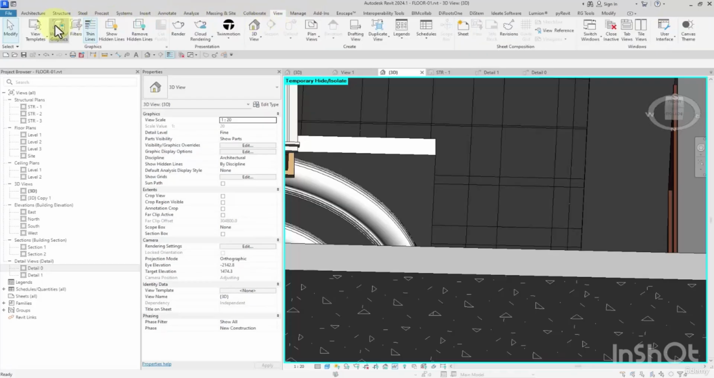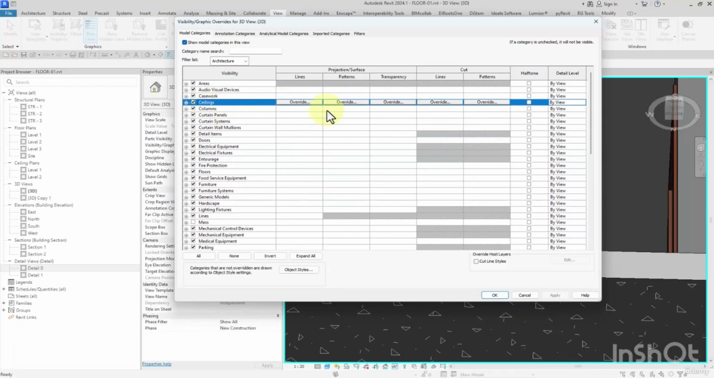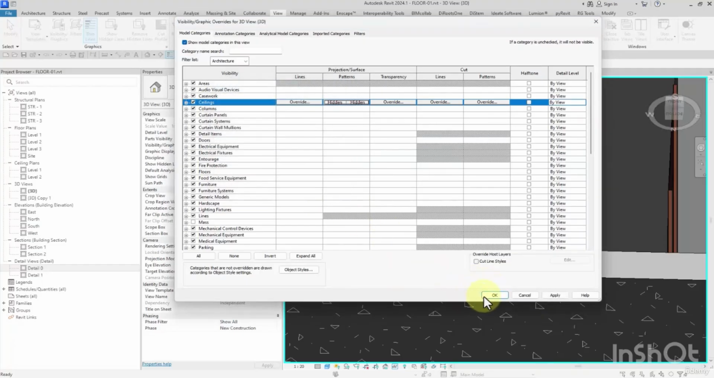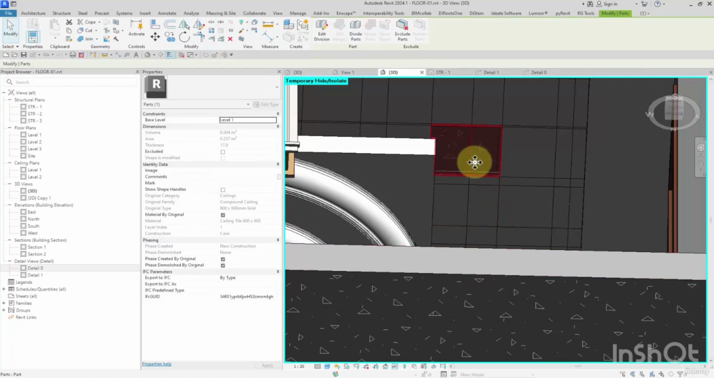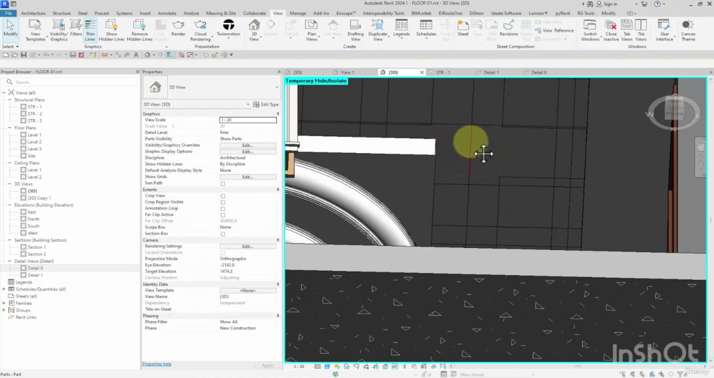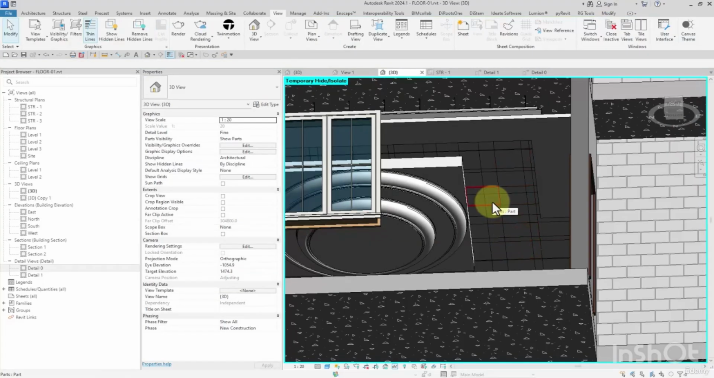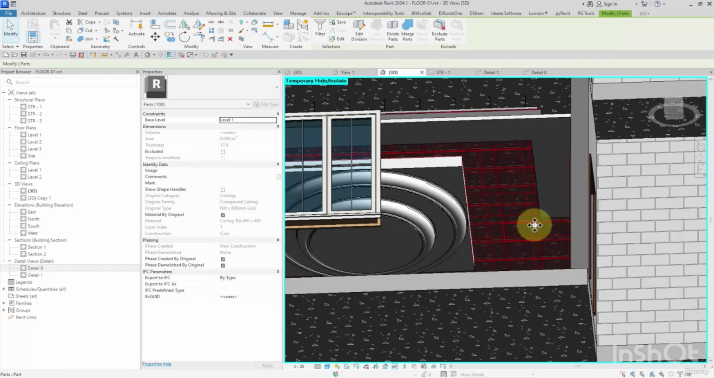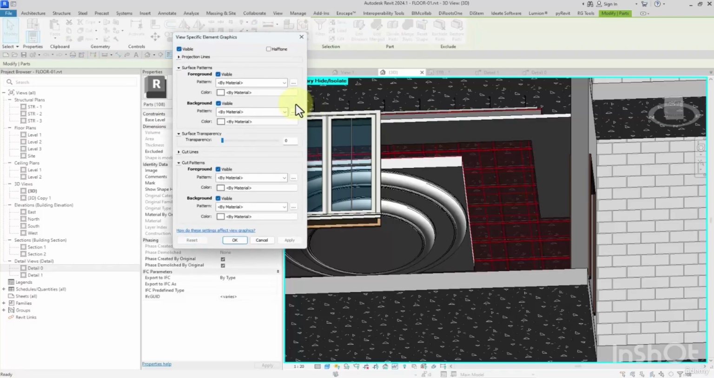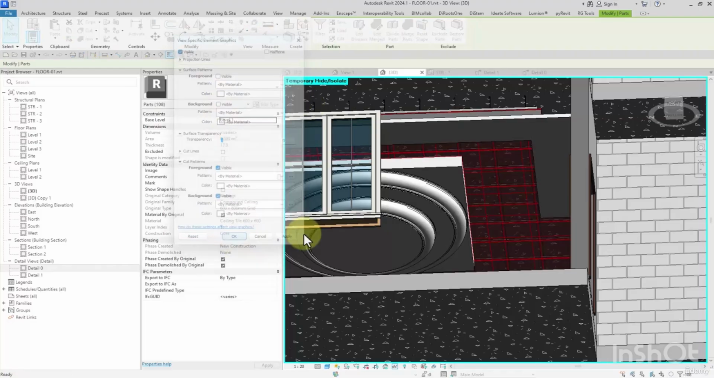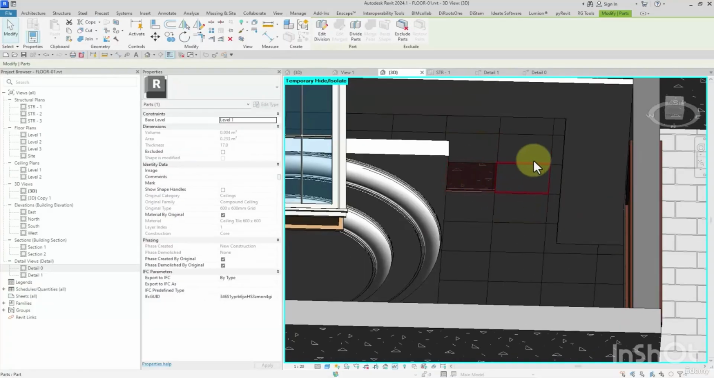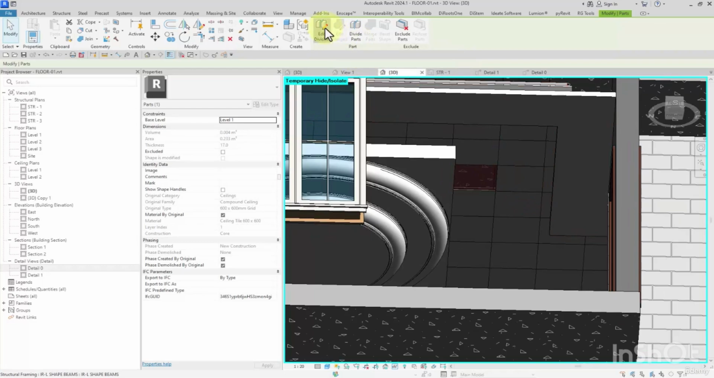Let me open manage tab, view tab, visibility settings. I find ceilings, then from overrides I uncheck foreground and background patterns. Watch this. Still we got the parts. Let me see. And here the patterns, I select them, overrides by element. I uncheck the visible for background and foreground. Done. As you can see, we got each of the panels here, and also we can edit them,